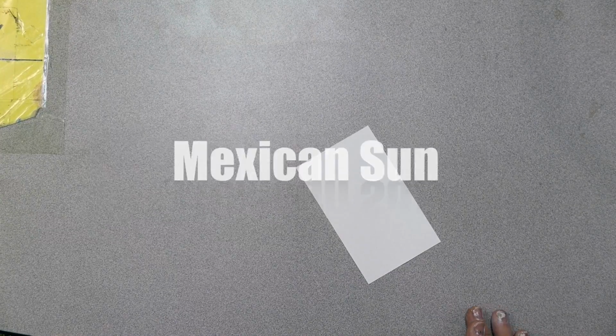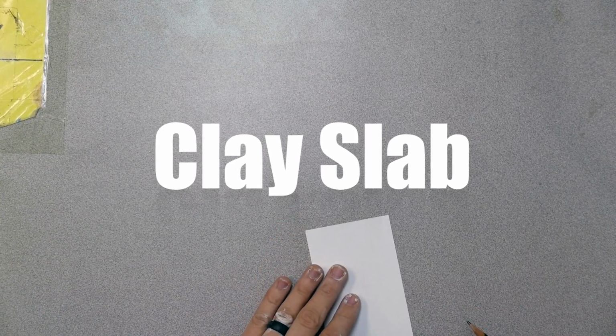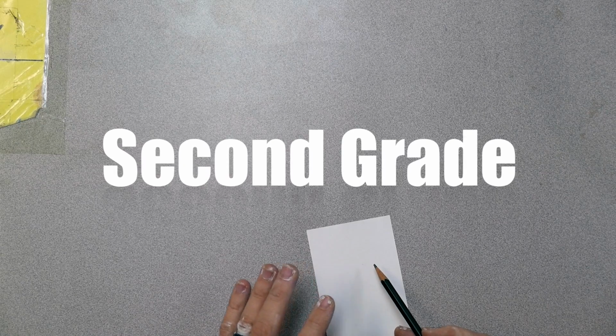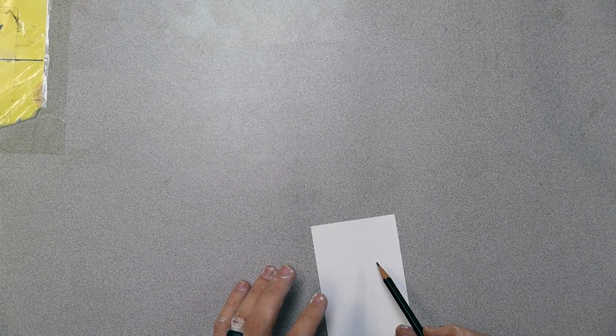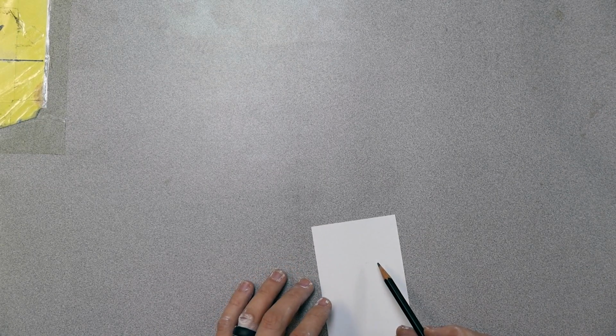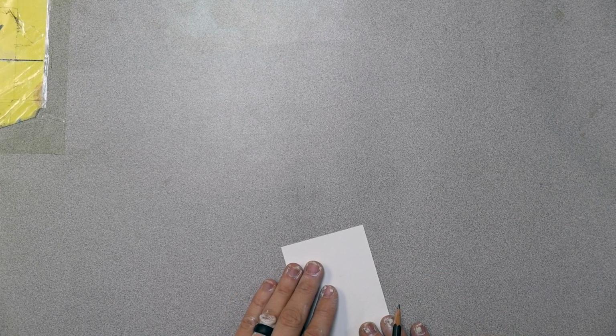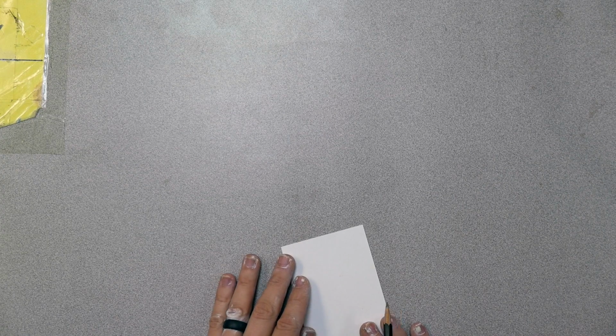Today we're going to work on creating our clay Mexican stars. We need to start with thinking about cleaning up. We're going to put our wet clay sculptures outside on the drying shelf. So we'll need a card to put under our sculpture so people know whose sculpture it is. We're going to write our name and our code